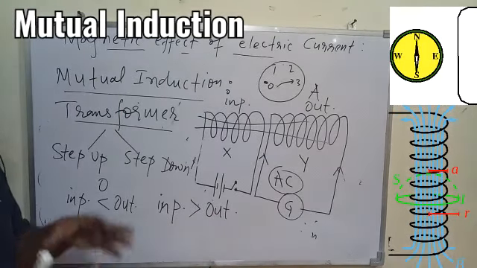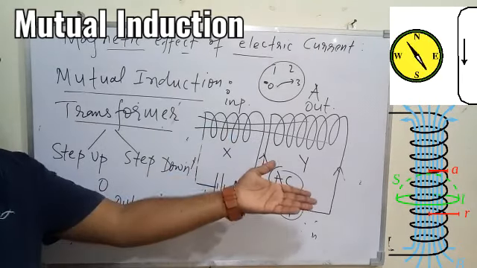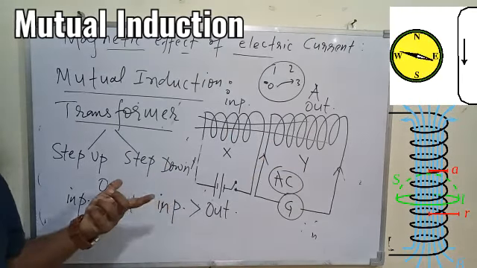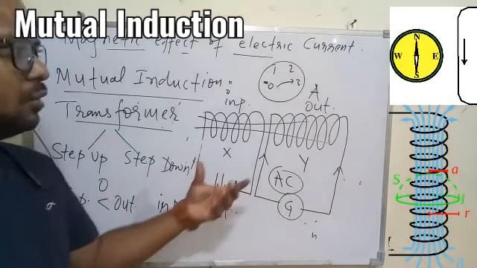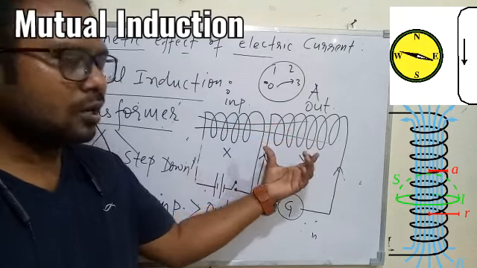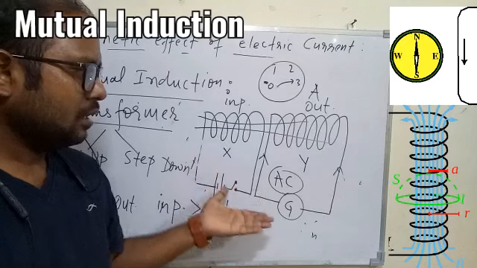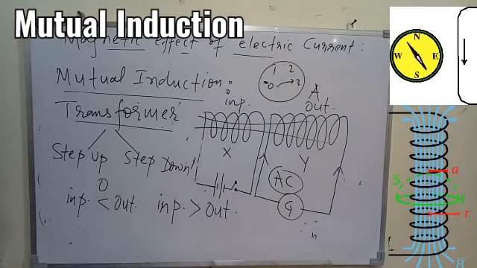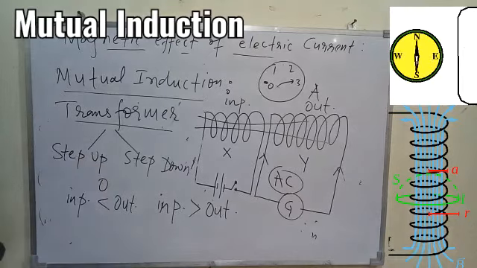So in general we can have control over the current, that is, with low input current we can have more output current, or with high input current we can have low output current. So vice versa is possible, and that is done only with the change in the number of turns. By controlling the number of turns of the coils X and Y, we can actually control the current of Y, and accordingly we can have an application. So the transformer is totally based on mutual induction. You can read about it if you are really interested, but this is not in the syllabus, so I'm not going to discuss it.